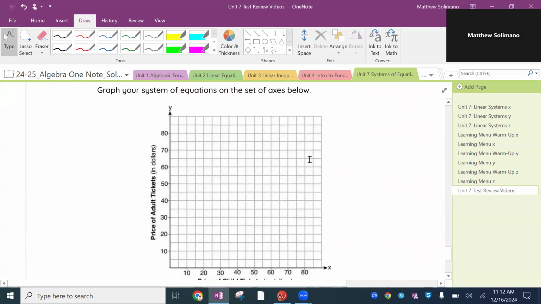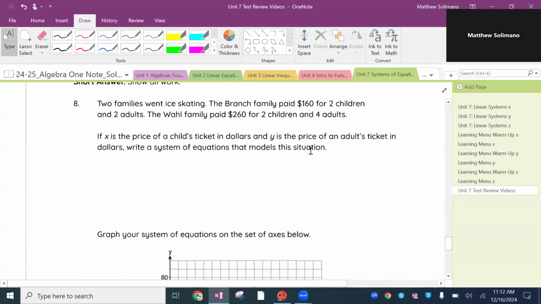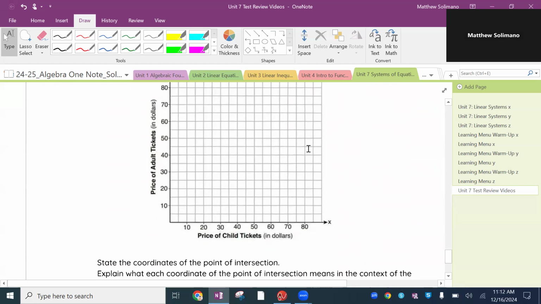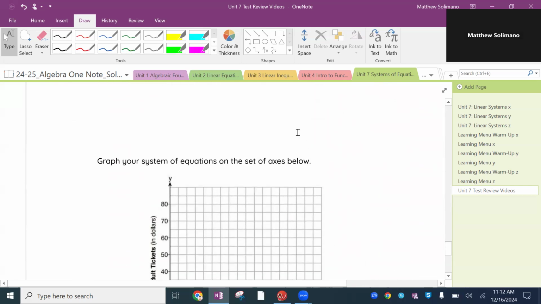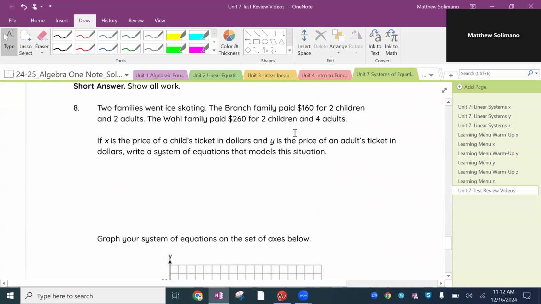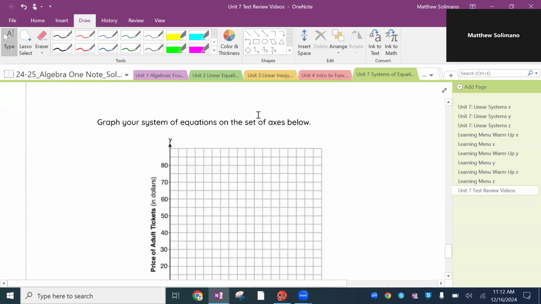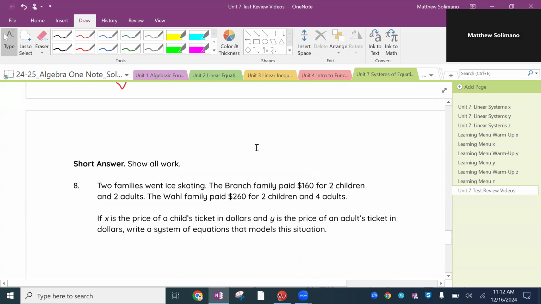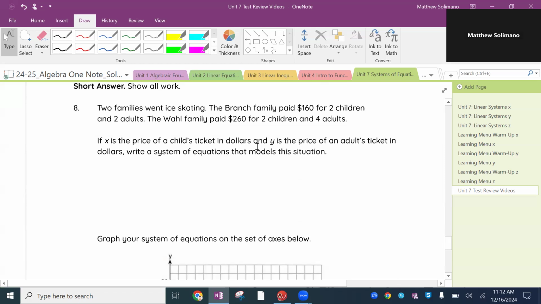All right, last question. We're going to do just our last one here, which is the part 2. And it's how to find a system of equations graphically with a word problem. So let's say 2 families went ice skating. The Branch family paid